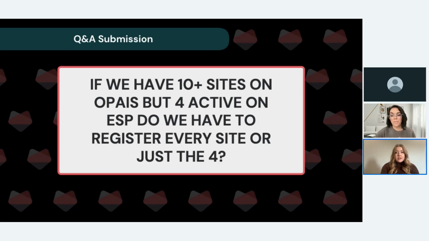Yeah, I can touch on this. I'm not sure if this is from a hospital type entity or grantee, but I'll answer both, I think. So for hospital covered entities, you will only need to register the main parent ID. Grantees do have to register each individual associated site or 340B ID in Beacon. So you'll be able to manage all of them in the same account, but the registration process will be separate for each individual ID. You should go ahead and register all of your sites, but the priority should be